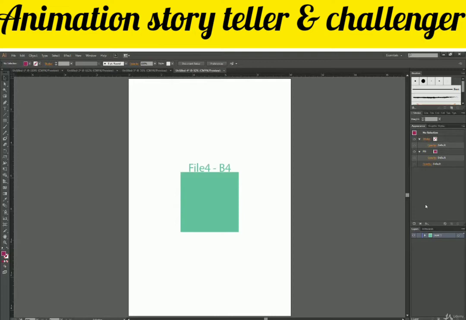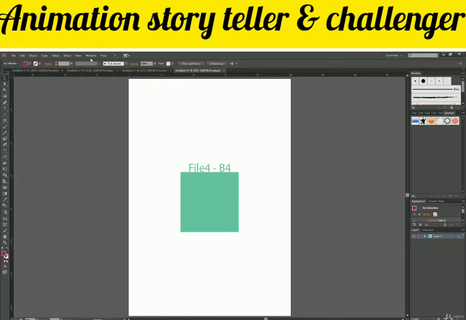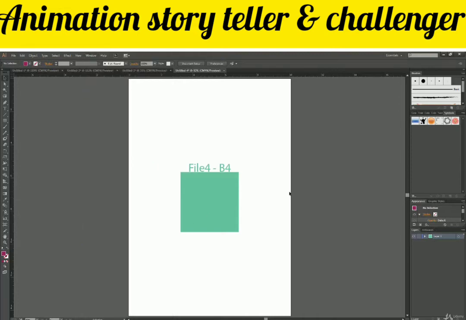And one more thing, if I have closed any panel accidentally, let's say if I close the stroke panel and I want to open it again, I can get all my panels from the Window menu. If I click on Window, I get all these panels. Let's find the stroke panel. So navigator, pathfinder, and there we have our stroke. The shortcut key is also available for it, Control F10. So let's say I press Control F10 on the keyboard, and there I got my panel again, and I can just drag it inside.